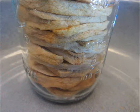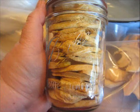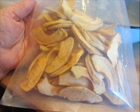Here's some that I vacuum sealed in a jar. You just stack them up, and that's a lot of apples in there. Here are some that I put in a bag, and I thought I might have over-dried them slightly, so all